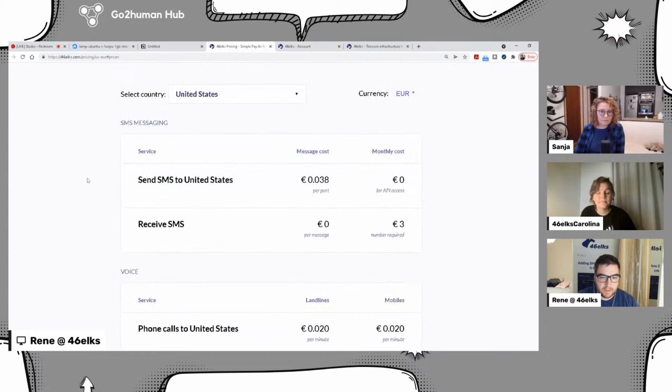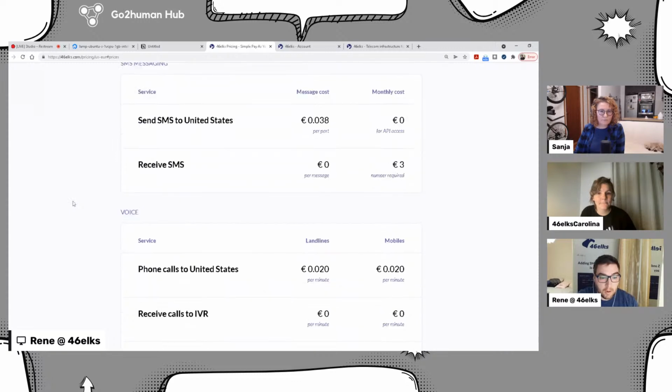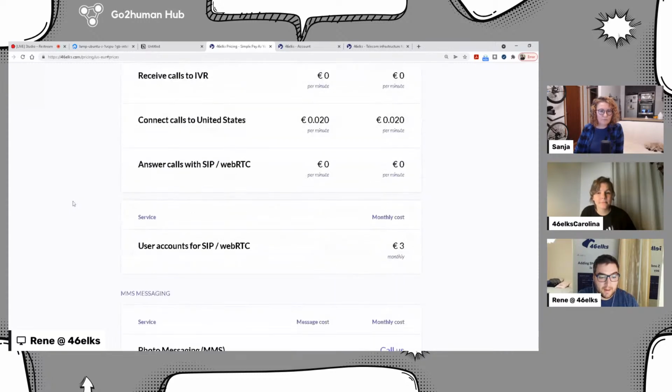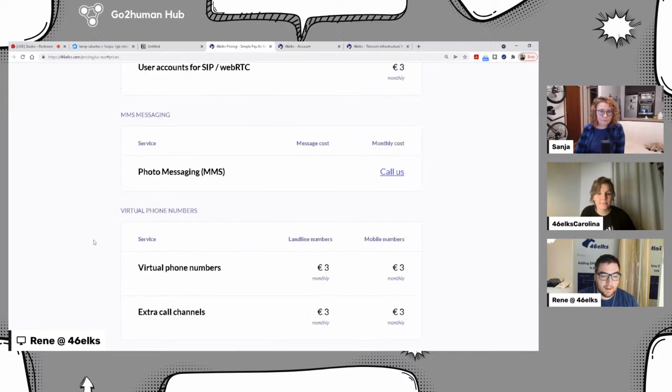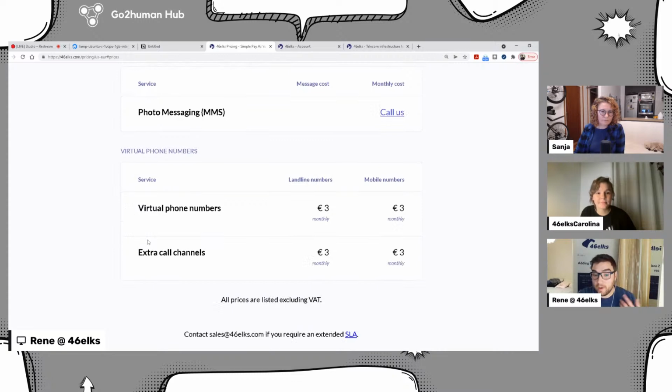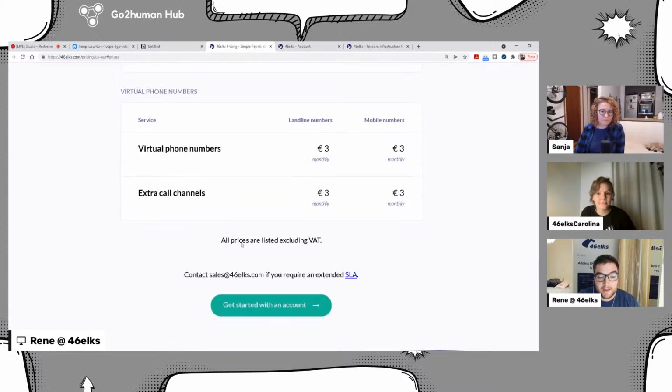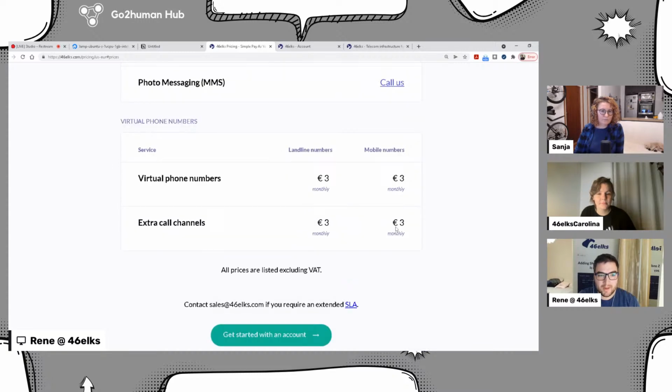We can put euros, so people can see how much sending an SMS or a phone call is, getting SIP working, getting numbers. You can actually rent a number from 46 Elks and have it used as your own in a service. So yeah,